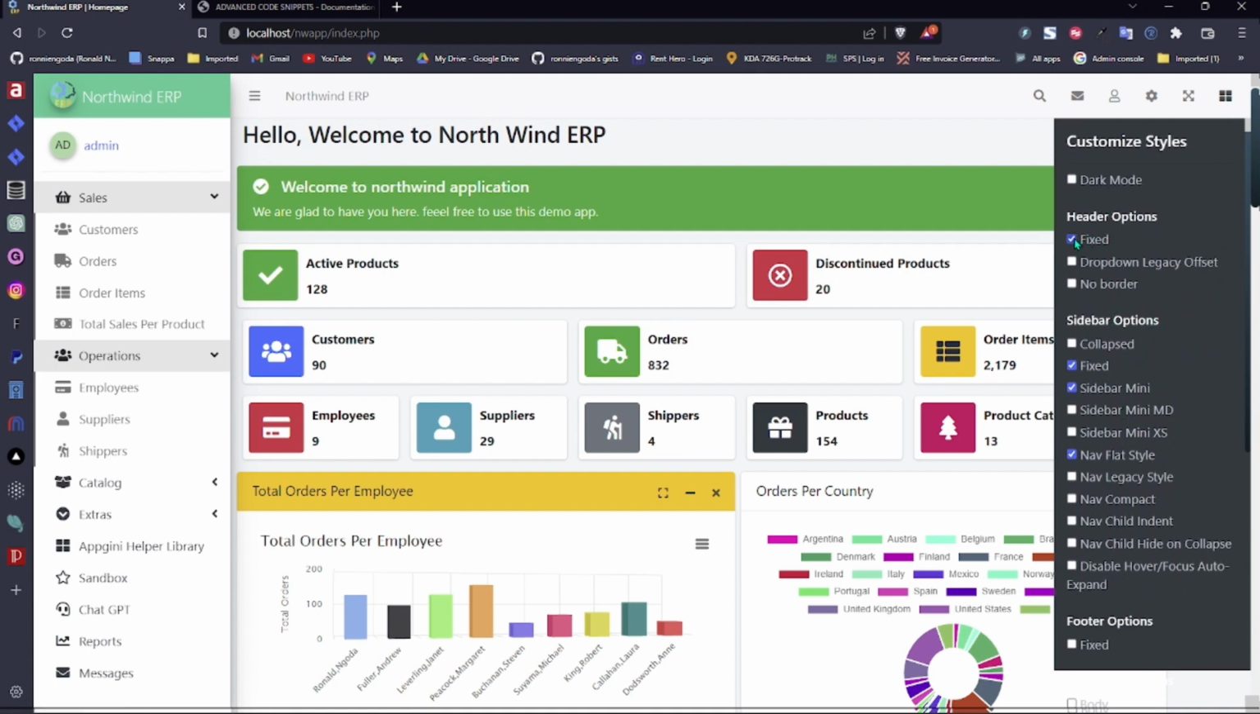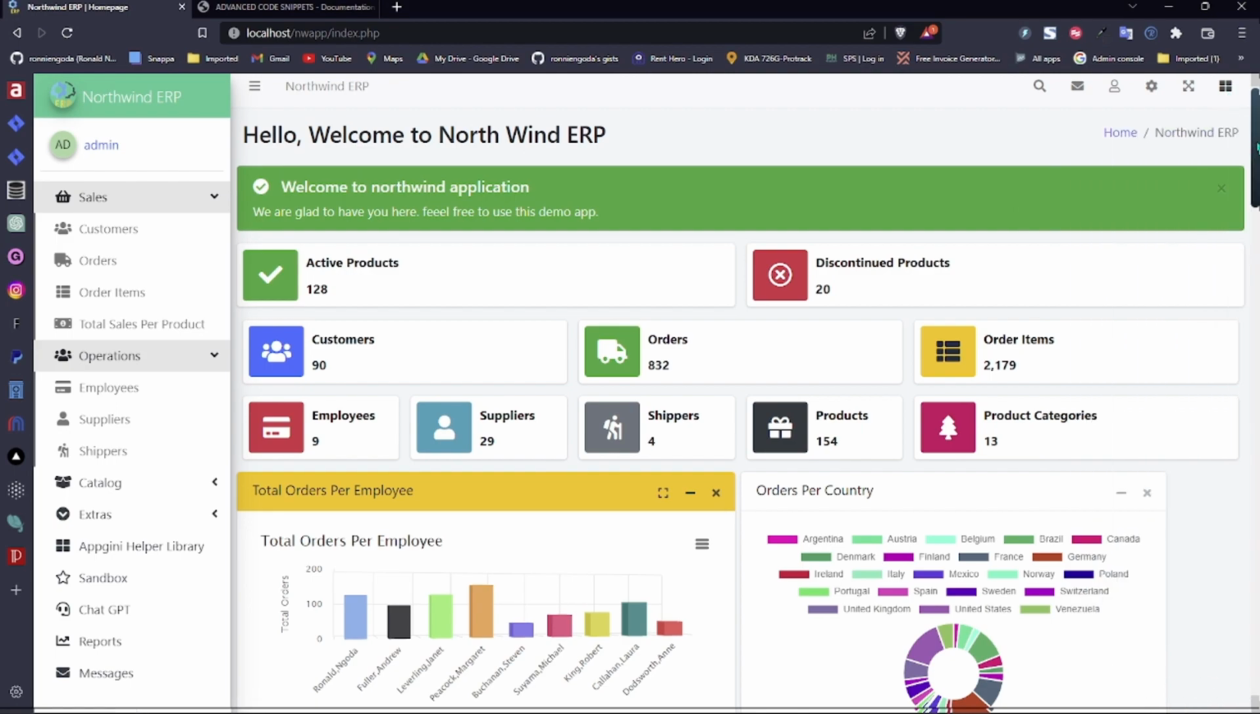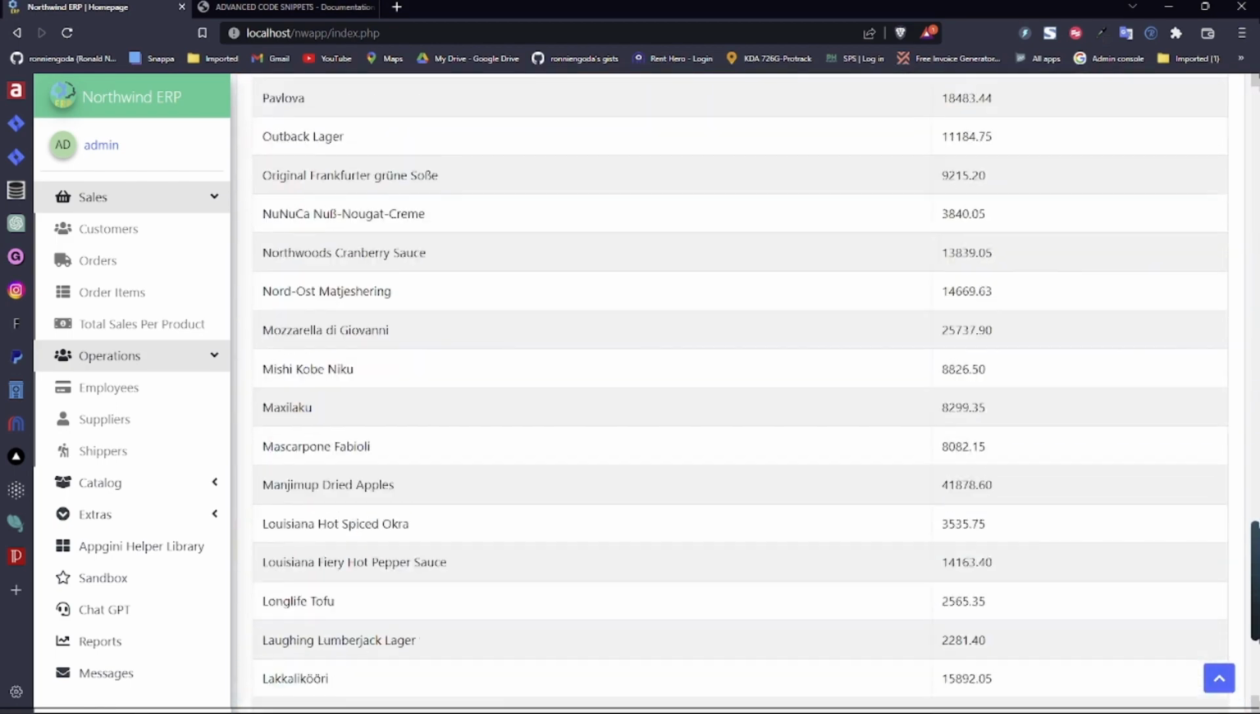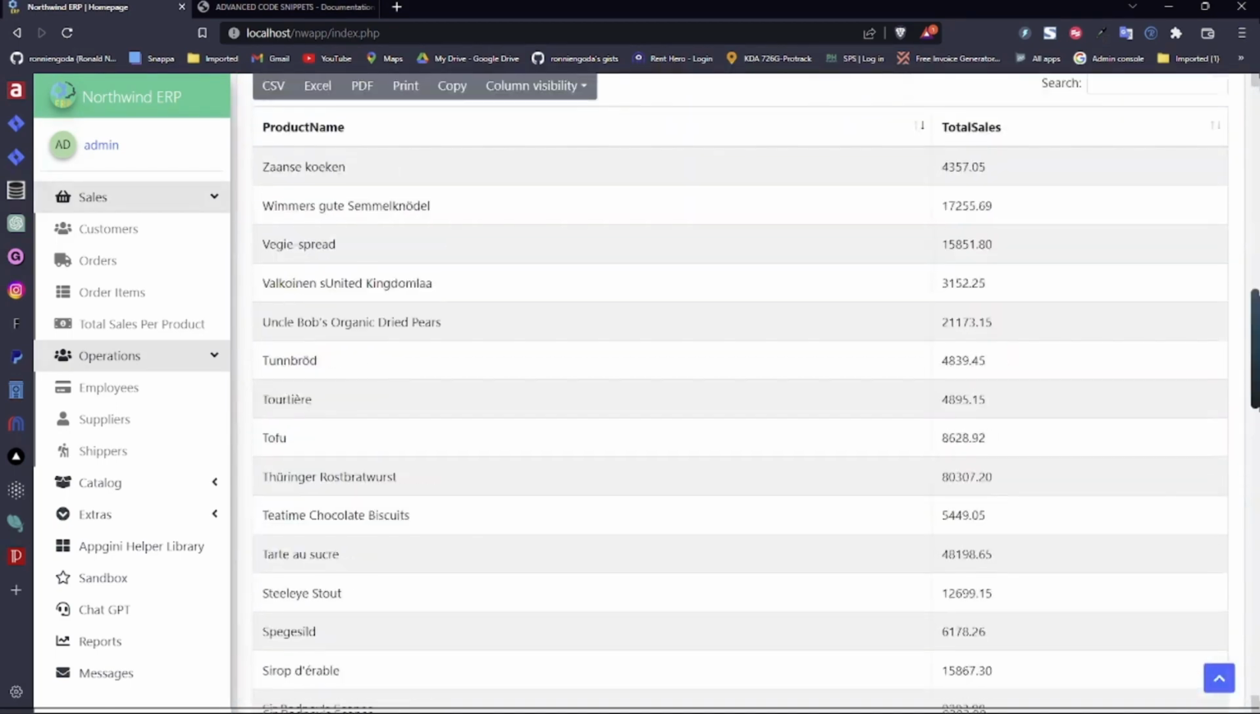So if you remove the fixed header, the page, when you scroll, you see the header is gone. It's gone. It doesn't stick there. Then if you say fixed,